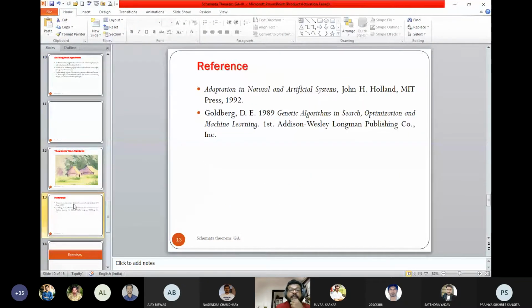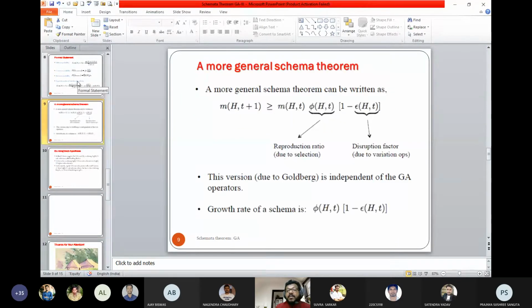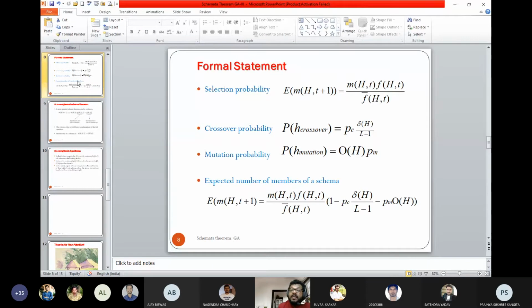This is the reference, adapted from Goldberg's book. I have shown you that book by D. Goldberg, and that day I told you it is the basic machine learning book, and we only need to remember this theorem. But as I say, people do not conventionally adopt this when they write programs for genetic algorithms. Even in the 3 papers on solving the TSP that I sent you, nowhere will you find this used or any decision about how the schema is to be used. But this is very much required to design the best algorithm in terms of the least number of iterations.